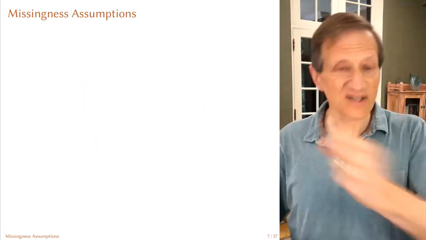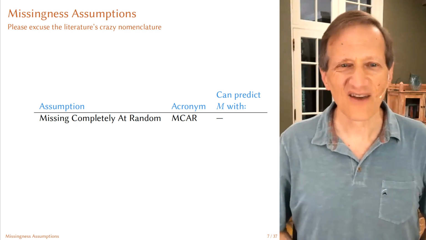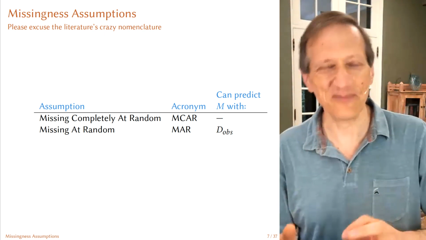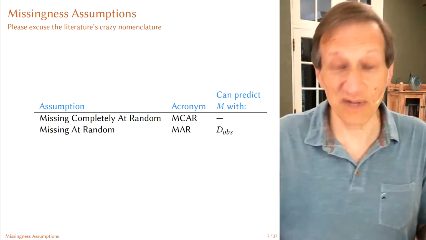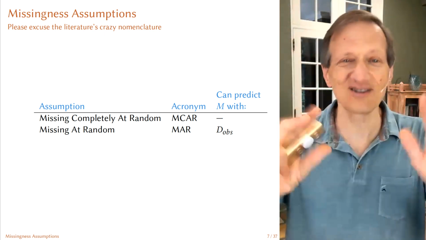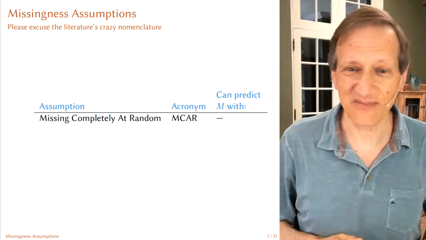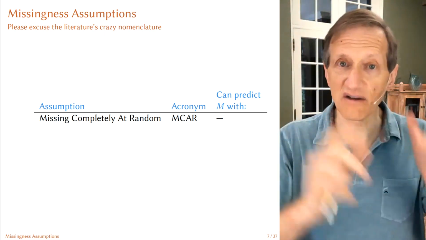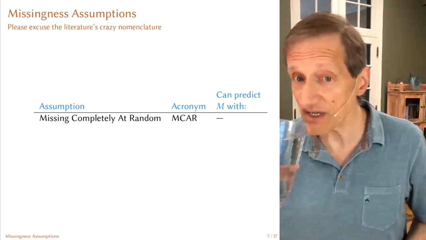Okay, so missingness assumptions. The literature here has insane names, so you just have to deal with them. I'll just show you the first two names here, missing at random and missing completely at random, and I always want to ask, why don't we have an assumption missing absolutely completely at random? In any event, just ignore all that, okay? The first line, which I'm going to go back to, is missing completely at random. So MCAR, and the idea here is the M matrix, that is the matrix of zeros and ones for whether or not an observation is observed, the missingness matrix,